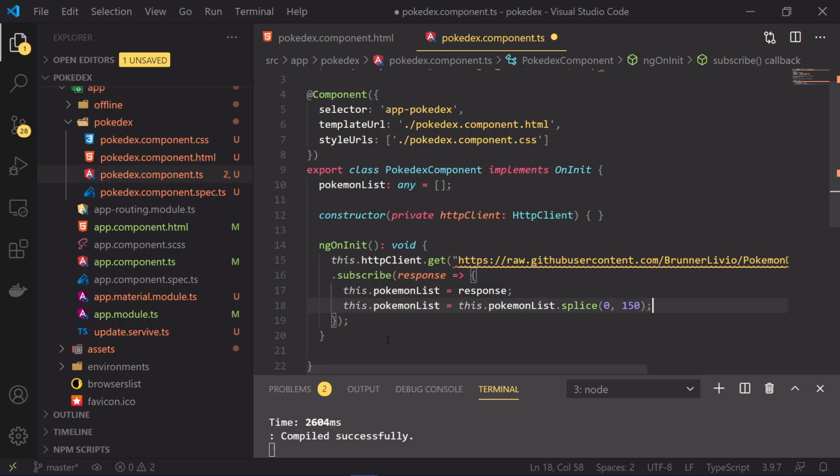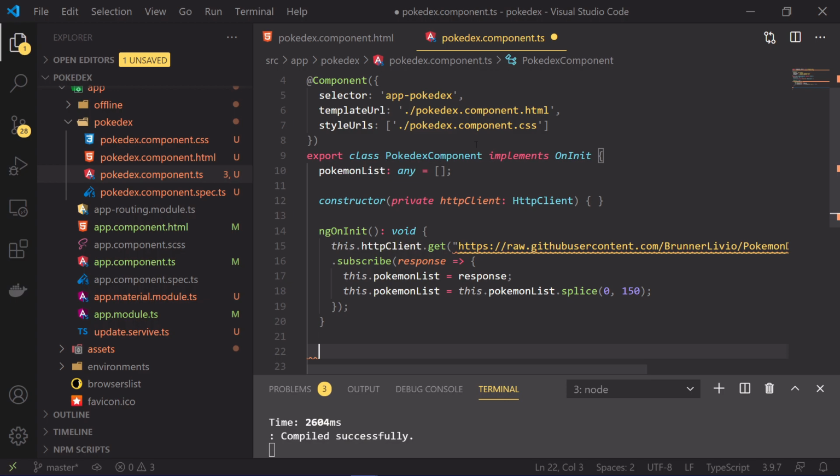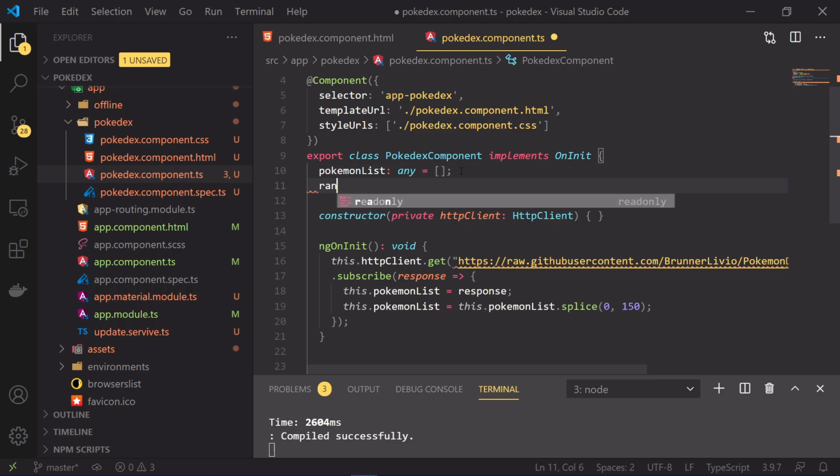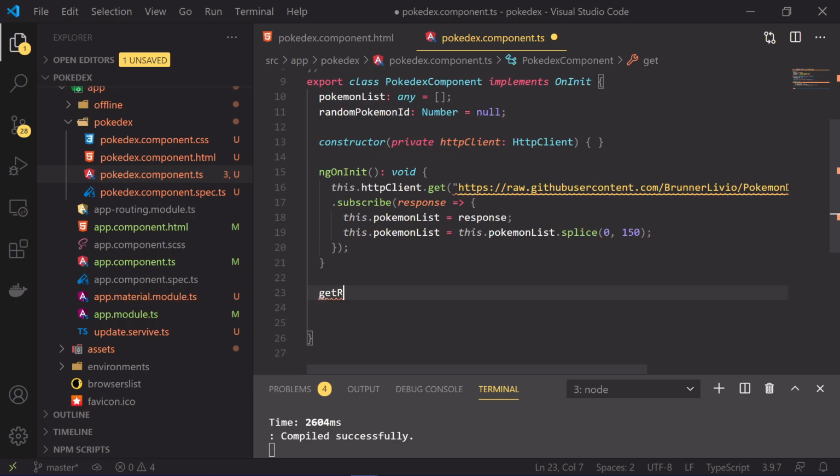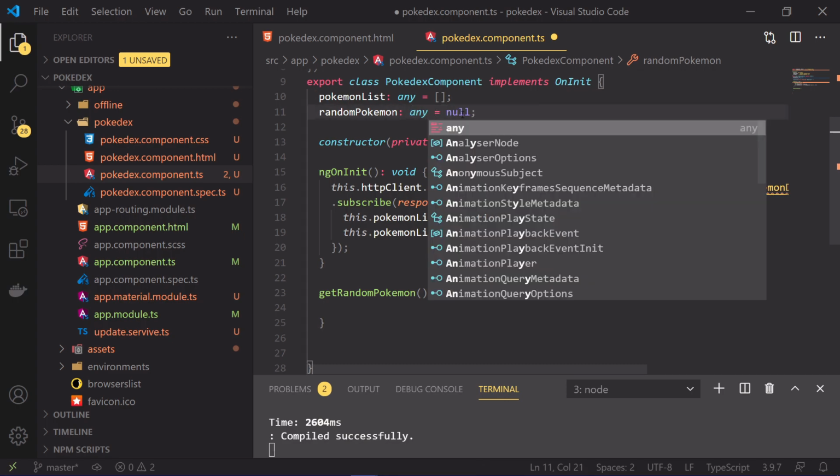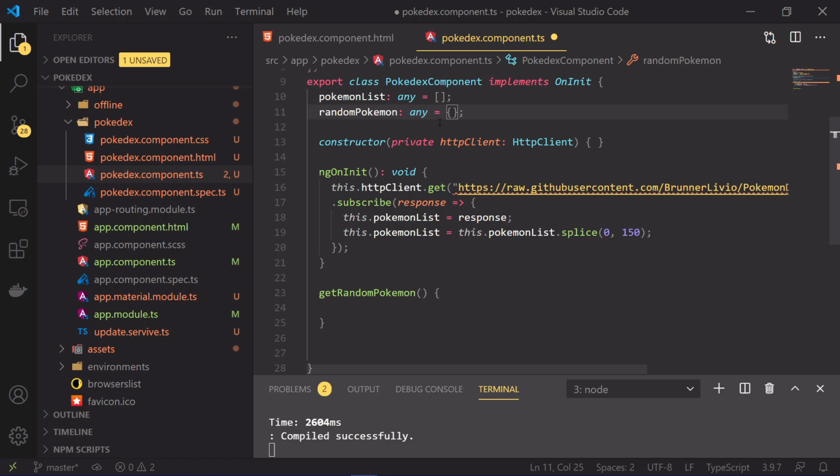Okay, now let's have one more value called randomPokemon. This would be an object, if I am not wrong, and this would be null.